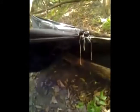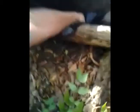Alright, what I'm going to do is show you the second configuration here that I use when I'm worried about condensation building up, so I don't want to go actually in the bag. What I do is I cut my second bag open, the same as the first, as you can see here, just like this. And then I stuff it inside, and then I can climb in through the end here, and it gives me just enough